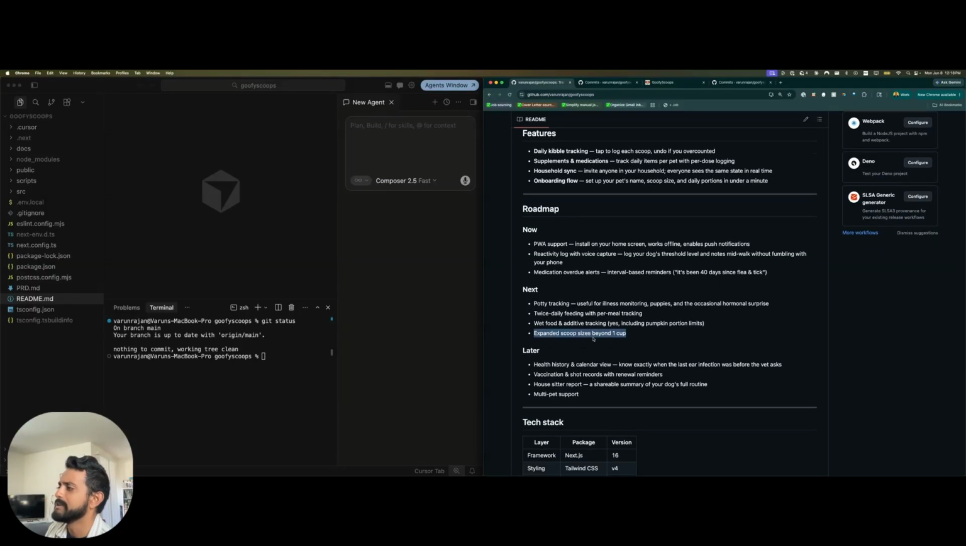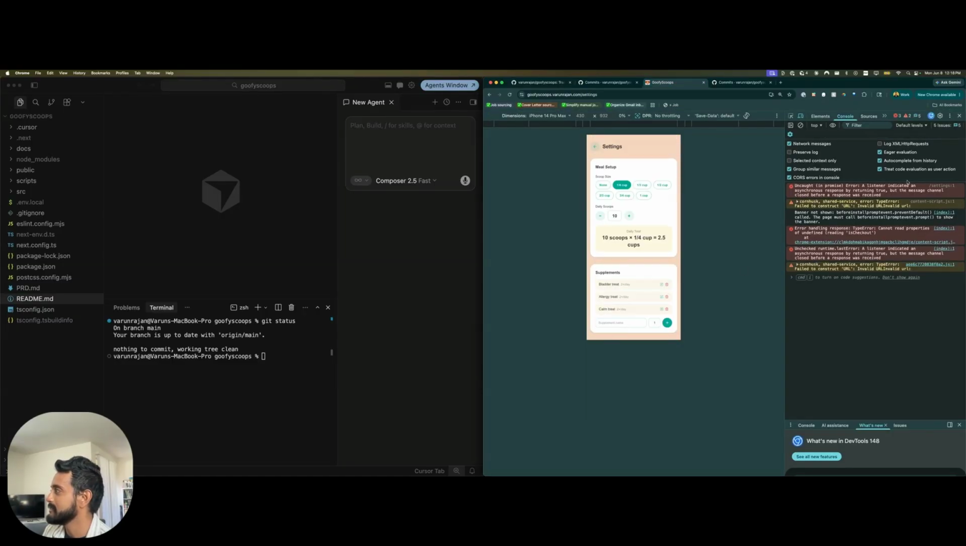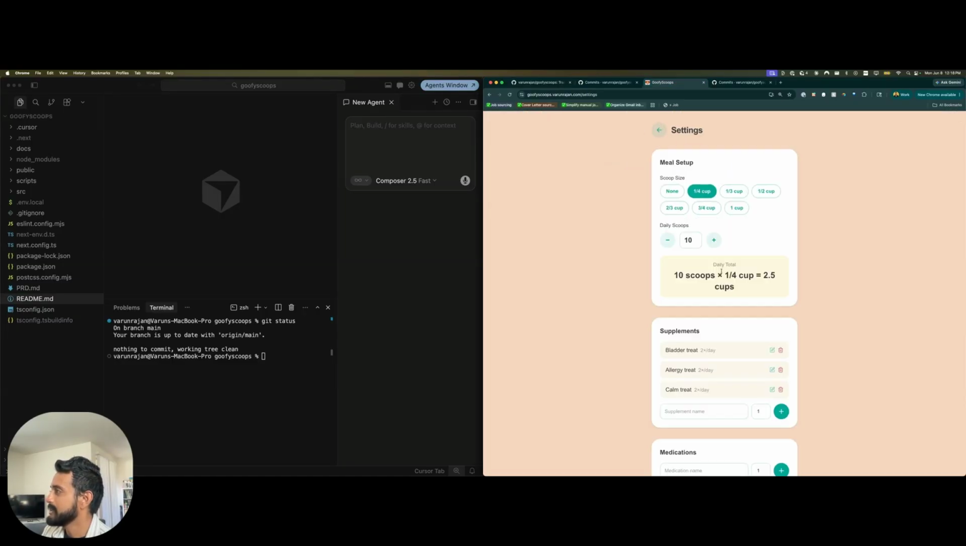Some folks have told me that they have much bigger dogs, so the scoops that they actually use go beyond 1 cup. So if you can see over here in the settings, I'll just make this bigger. The scoop size only goes to 1 cup. So